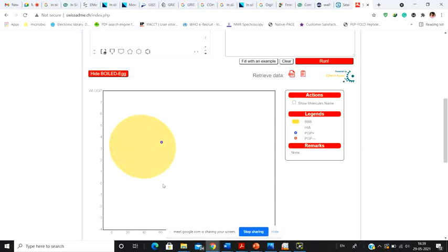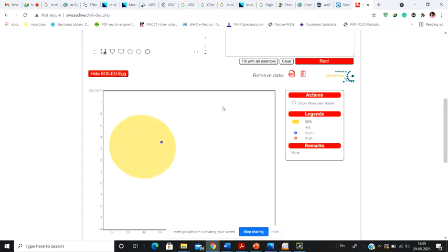If the molecule is present in this egg white portion, why is it called a boiled egg? Because it looks like a boiled egg, right? The yellow yolk and the white egg white portion. So if a molecule is present in this white portion, it simply means that the molecule is absorbed by the GI tract, but it can't go further. It is blood-brain barrier impermeable.